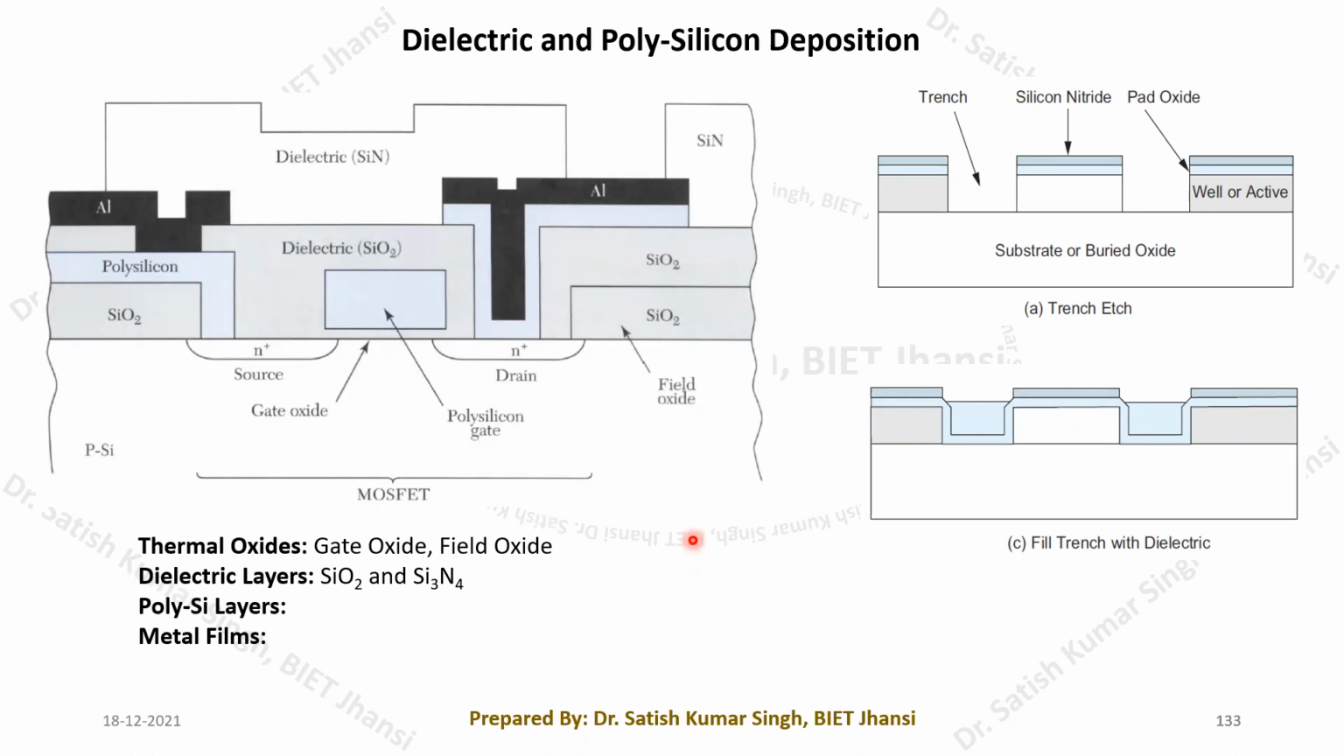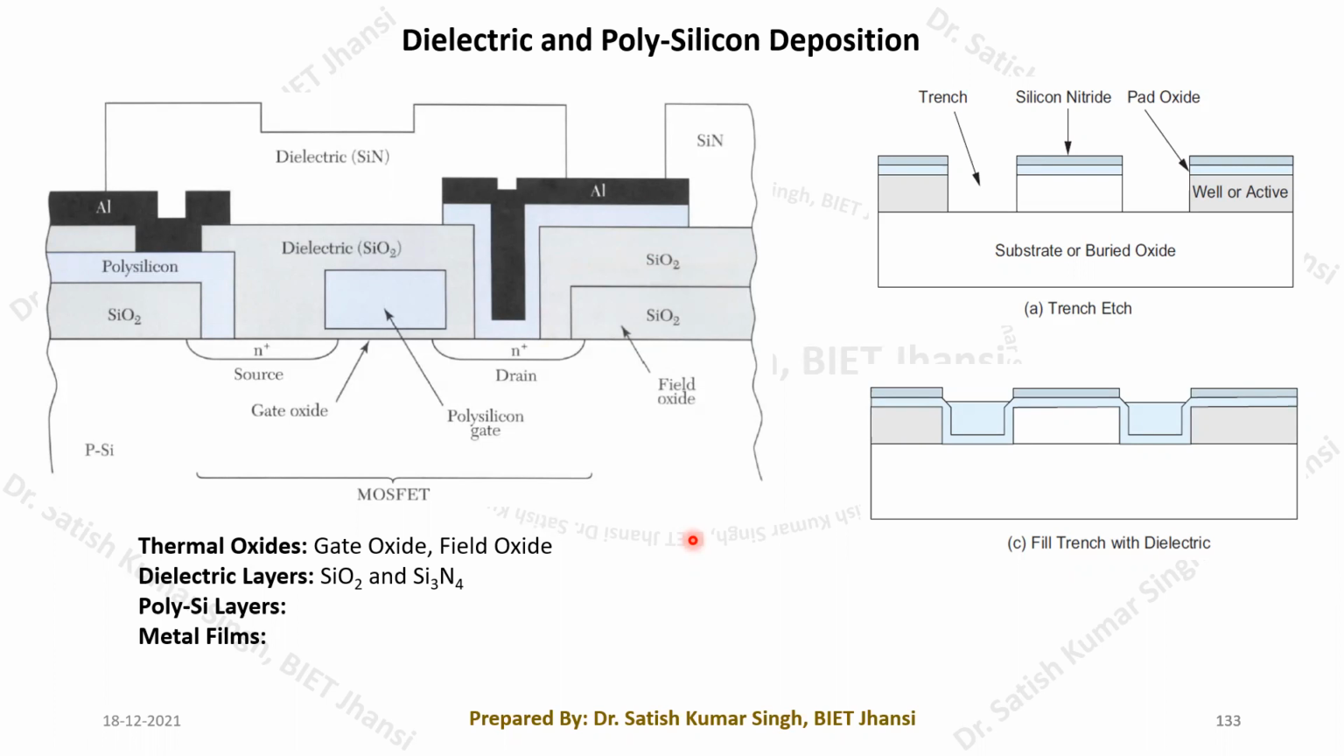So today in this lecture, we are going to see how different dielectrics and polysilicon layers can be grown, or deposited, over the wafer after fabricating the circuit or during the fabrication of any device. We need to deposit these layers at various stages. So that we have to see today in this particular lecture: how these different dielectrics and polysilicon layers can